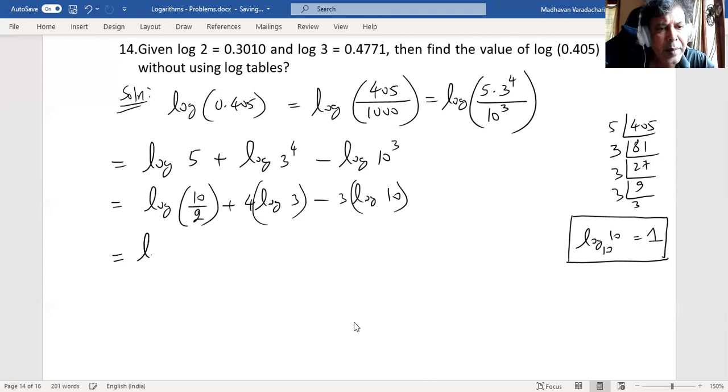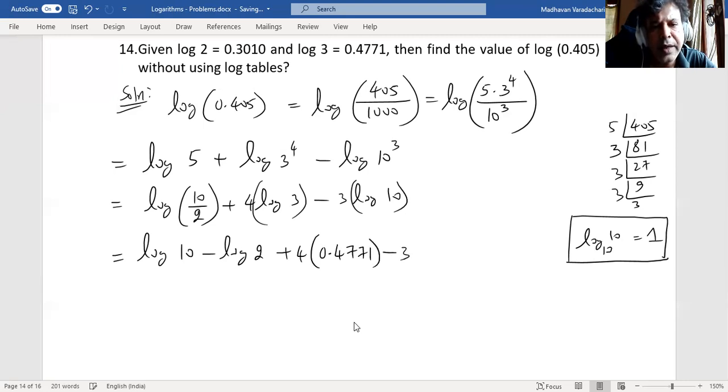So this again can be written as logarithm of 10 minus logarithm of 2 plus 4 times logarithm of 3 is known to be 0.4771 minus 3 times log 10 is 1 because it is considered to be base 10. So this will be 1 only. So here we have 1. This value is given in the question as